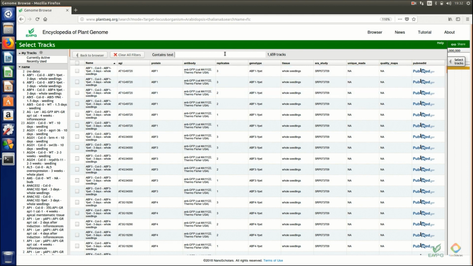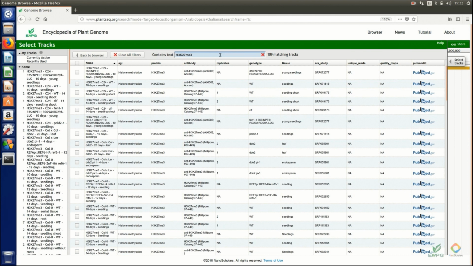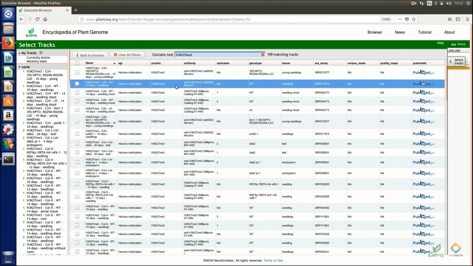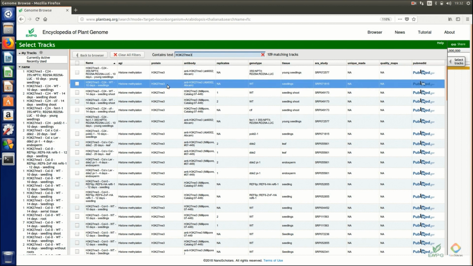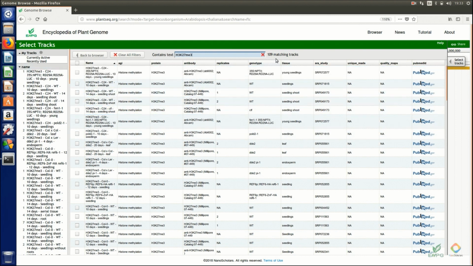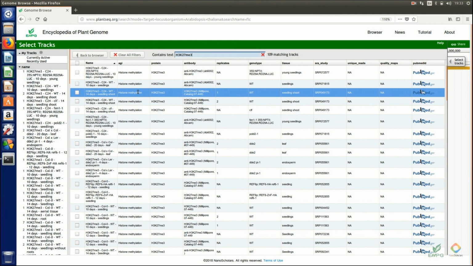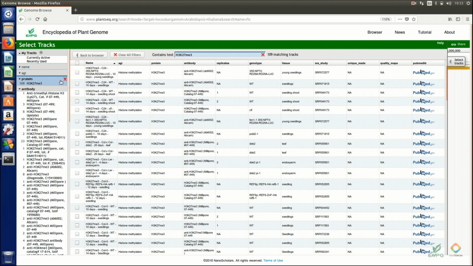Okay, we want to find H3 lysine 27 trimethylation at the FLC locus. So I can type in H3K27 trimethylation. As we type, the list will change, and only the ChIP-seq assays related to H3K27 trimethylation will be kept here. We can see that there are more than 100 ChIP-seq assays related to this histone modification. To quickly find the datasets we want, we can go to the category panel to find the